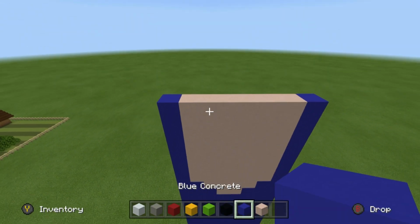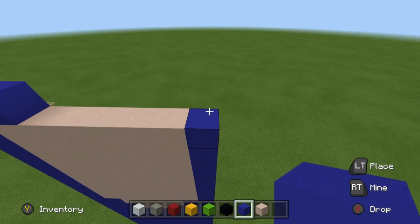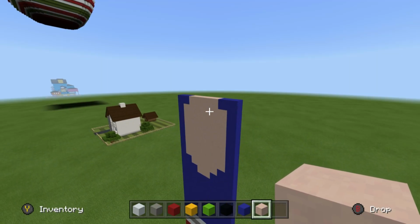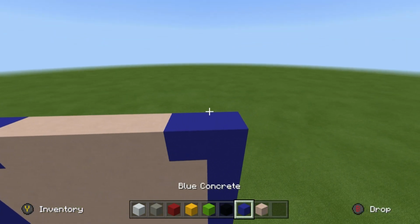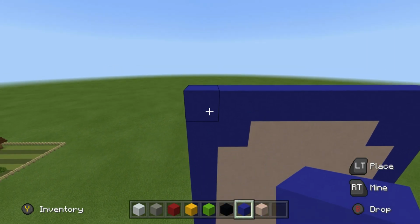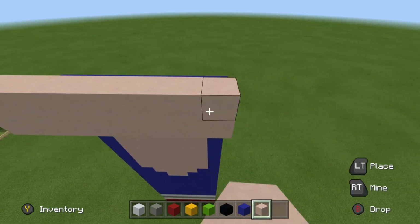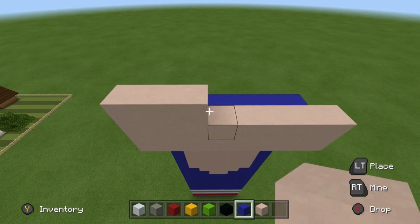So once you have made all of those 7 rows in total, you want to place 2 rows of blue on the end of the next row coming inwards, with a row of 4 white terracotta right the way in between. Now, once you have done that, I think that we're going to move on to the head, just continue this. We're going to place a row of blue concrete on top of the body, extend forwards, place white terracotta in front, white terracotta on top, then going from left to right on top of this, place 3 white terracotta,